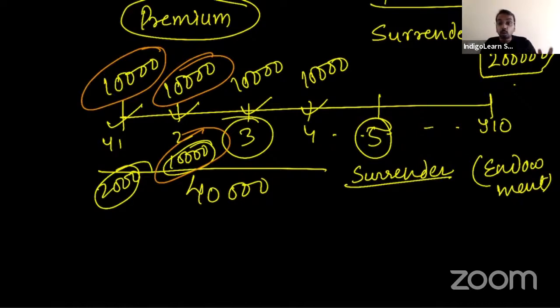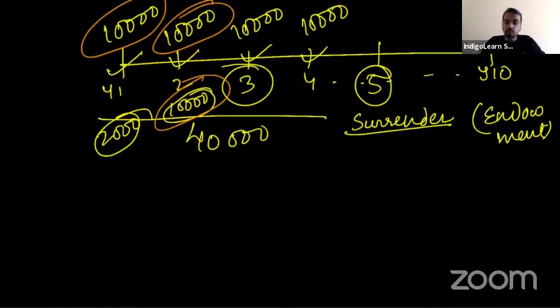Now, there are 2 ways to account for joint life. Actually, 3 ways to account for. The second and third methods are pretty similar. So there are 2 ways to account. First, we'll understand the 2 methods, and then we'll add the joint life policy reserve system. First is directly debit to P&L. How much did we pay in year 1? 10,000. So you say joint life policy premium